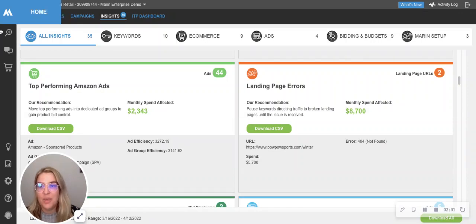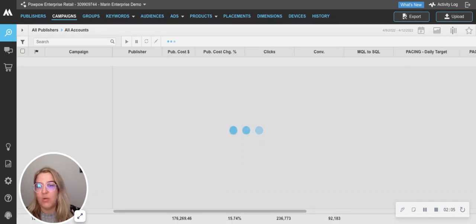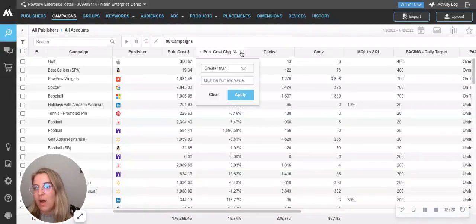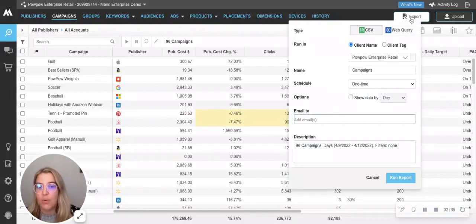Now, as a marketer, you probably spend lots of time analyzing performance, of course. So hopping into our grids, our reporting suite makes it really easy to ask questions of your data with our powerful filtering options. So you can drill down into any metrics. Say you wanted to look at campaigns where pub cost had changed past a certain threshold day over day. You could drill down in here and filter on other metrics as well, change your date range and your comparison range. And once all of your filtering was done, go ahead and hit export